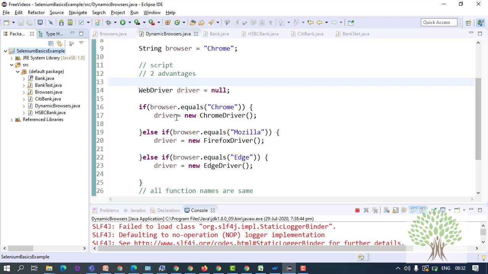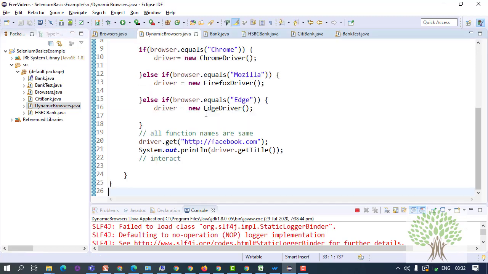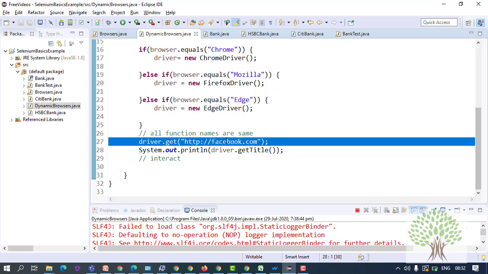I'll continue from the same script which we had written, this dynamic browsers. Suppose I have to go to facebook.com. After opening the browser, I have to go to facebook.com and interact with the elements on the web page.